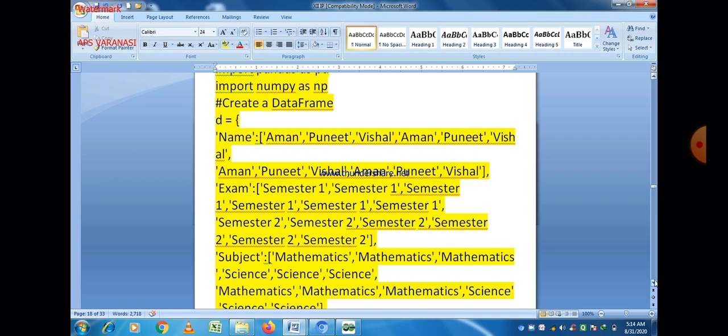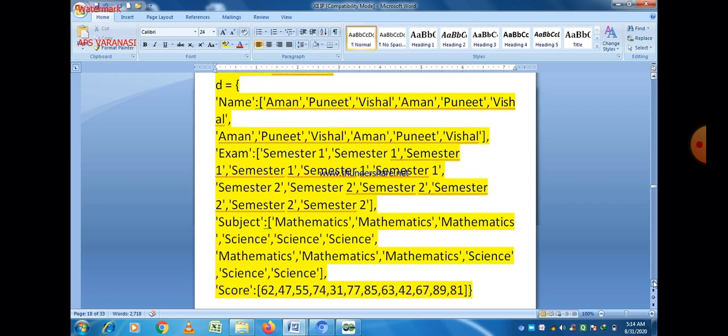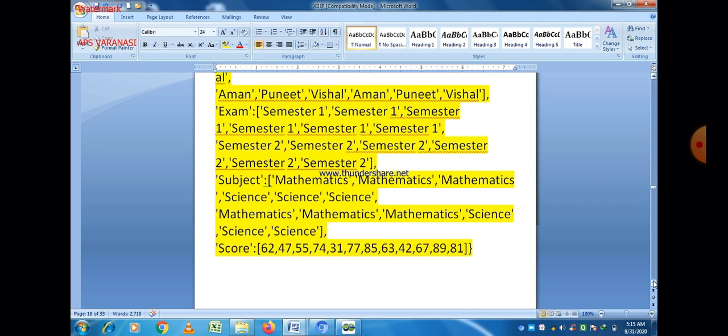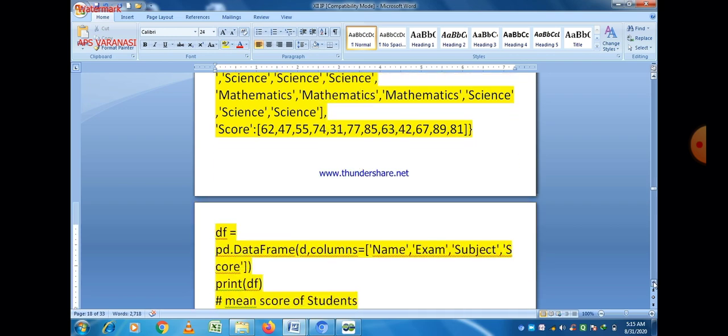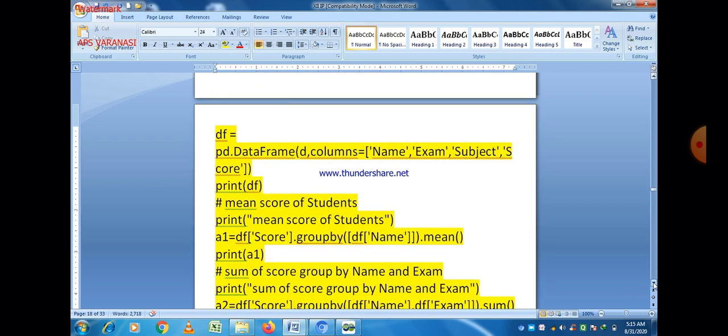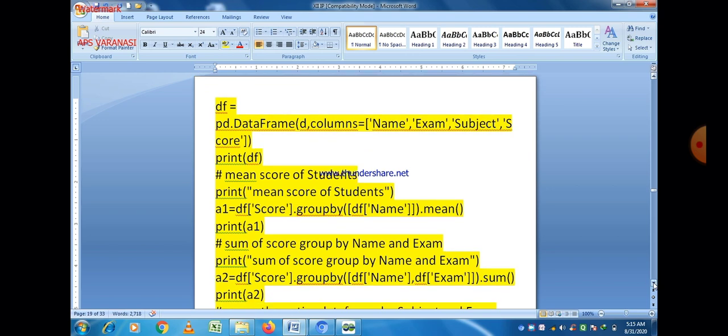Exam: semester 1, semester 1, semester 1, semester 1, semester 1, semester 2. These types of values are there. Subject: mathematics, mathematics, mathematics, science, science, science. So there is a data frame. First of all, we simply created a dictionary to create a data frame. After that, to create the data frame, we write the statement pd.DataFrame and pass this dictionary as a parameter,